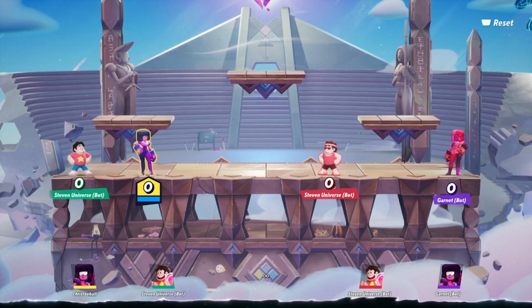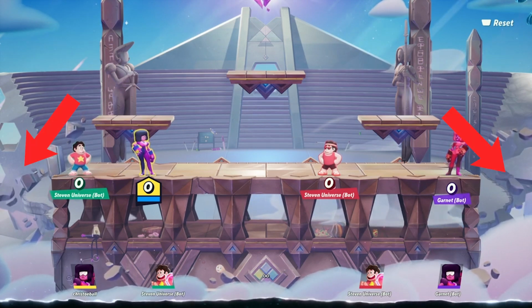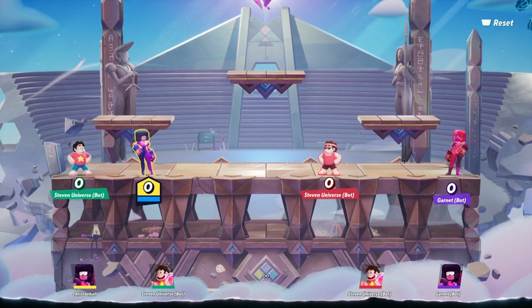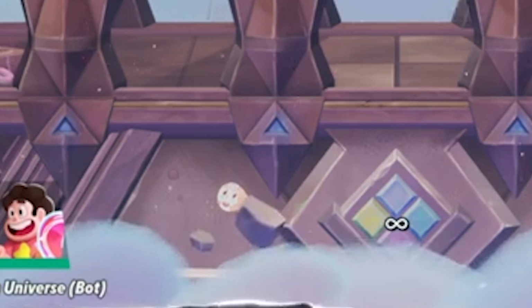There are so many accurate details in the stage, down to the massive split of the arena seen in the show as well. The objects scattered around give many nods to characters and story elements from the series. Starting from the bottom of the stage, we can see this drawing of Pearl, which is actually a nod to